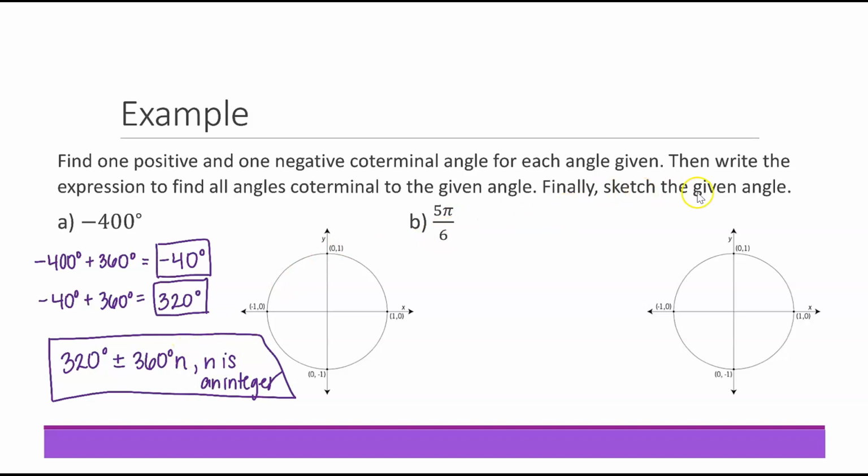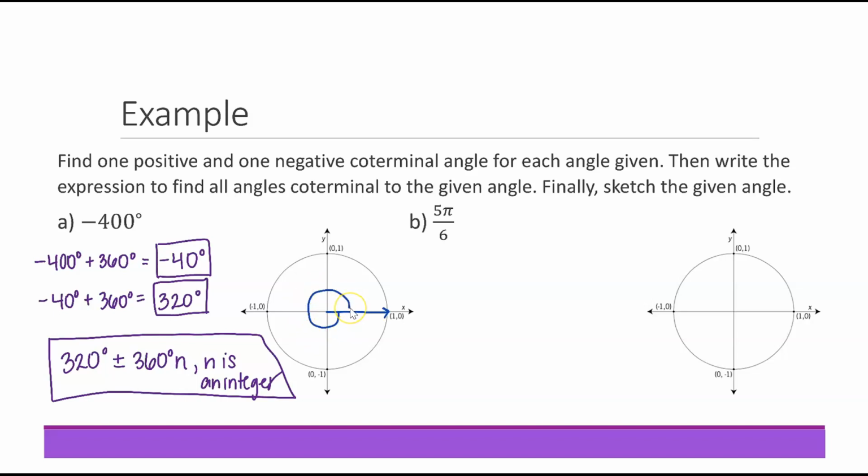And finally, we want to sketch the given angle. So the given angle up here in the problem was -400 degrees. So I'm going to go ahead and sketch my angle in standard position. So we're going to have our vertex at the origin, our initial side along the positive x-axis. Because we have a negative angle, we are going to go in a clockwise direction, and we have to go around 400 degrees. Well, one complete revolution is 360 degrees. So if I go ahead and start my motion here, I'm going to go in a clockwise direction,